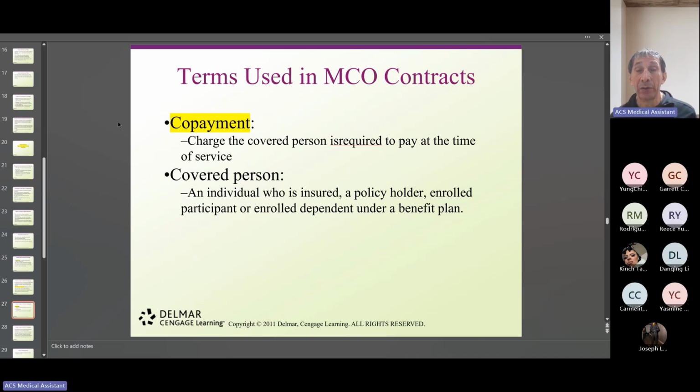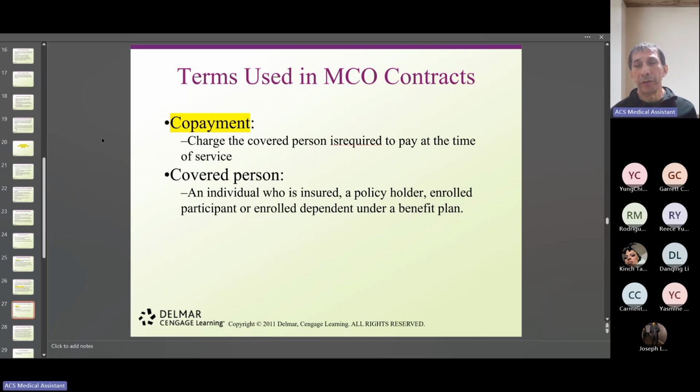If the patient says, oh, I don't have the cash, I can pay next time, tell the office manager about that. Because remember, if you registered the patient, if you took care of the patient, you're going to be responsible for that. They're going to blame you if you don't have an answer. What happened to the copayment? Because most of the patients pay cash, they might think that you stole the money. So be careful. This is very sensitive. So don't ignore the copayment, request it, because that's part of the financials for the office.